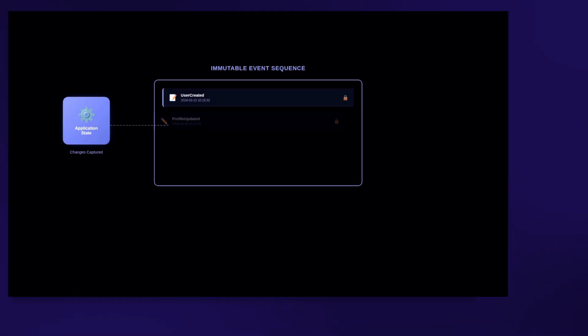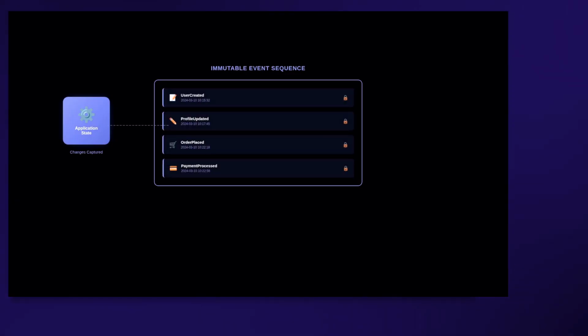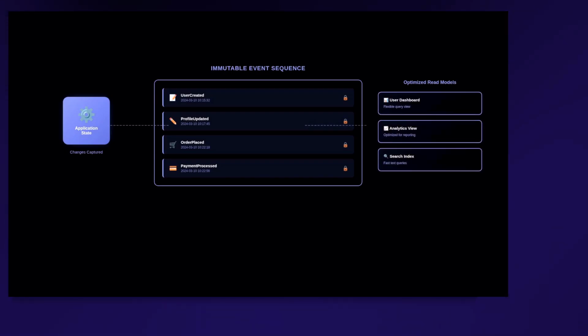Now, let's transition and explore some of the more advanced applications of CQRS, beginning with its powerful synergy when combined with event sourcing, a pattern that complements CQRS exceptionally well. Event sourcing captures every change to an application's state as an immutable sequence of events. This provides an incredibly rich, historical record of all actions, which is perfectly suited for building various flexible and optimized